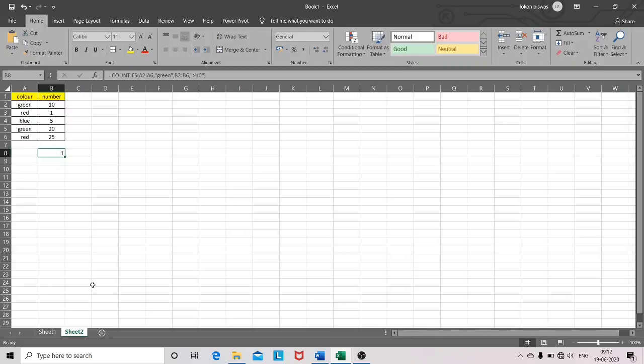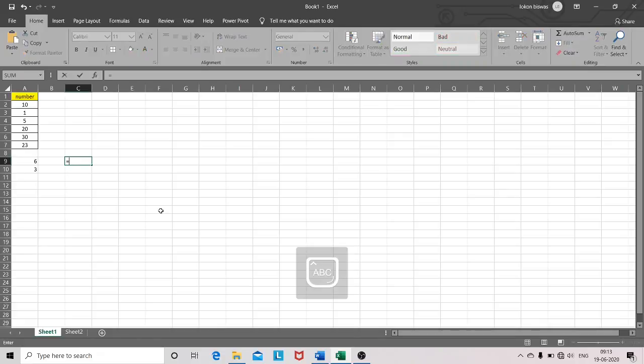Okay, so now we will talk about the sum function. So suppose here, I will take the sum here. I want to add all those numbers from row 2 to row 7. So how can I do that?